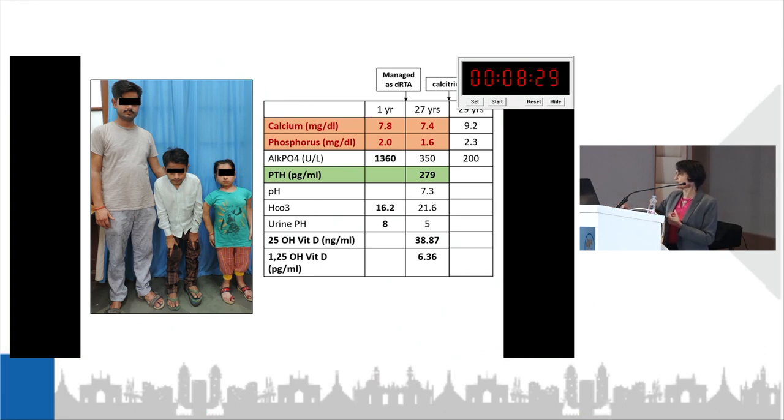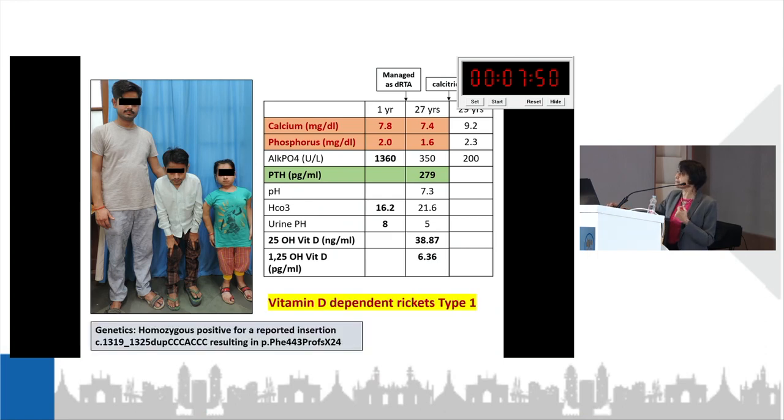Compare that to these two brothers and sisters who present at respectively 27 and 29 years of age, and a little younger sister who accompanies them. Obviously, we are dealing with a genetic disorder which is leading to hypocalcemia with low phosphorus and appropriately elevated parathyroid hormone. But what is quite important in this patient is the fact that the vitamin D is normal. It is 1,25, the active vitamin D, which is on the lower side. Here is a genetically transmissible disease which is leading to vitamin D dependent rickets type 1, which is genetically proven,